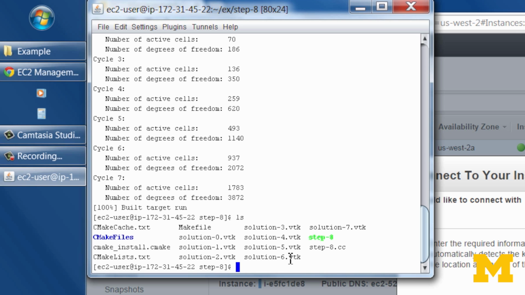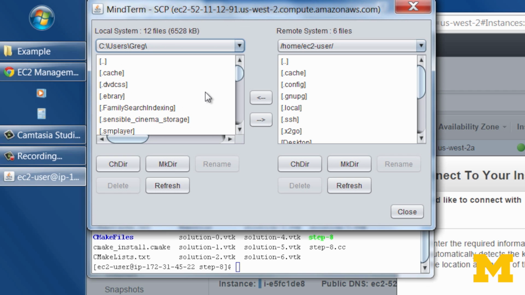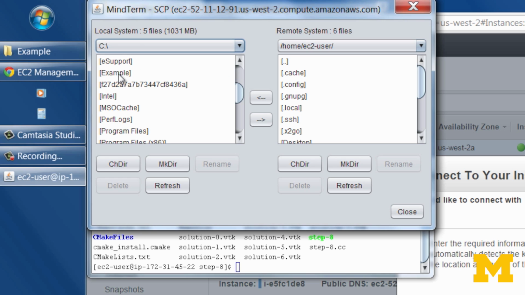So in order to do that, you'll have to copy or transfer your files to and from AWS to your own computer. With this MindTerm, which is the Java application here, it's really straightforward. You go up to the top here, plugins, and then there's SCP file transfer. You click on that, and it's very easy. You can choose, for example, a file on our computer. So I'll go to C and example,